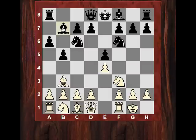Well, frequently the bishop does come to c5. And these lines can transpose into each other. It's certainly the aggressive way to defend the closed Ruy Lopez. And there is a line here which goes like this. This is a sample line. c3, knight takes e4,